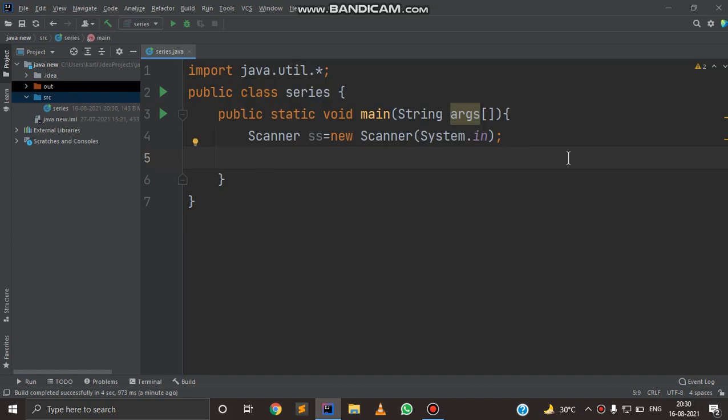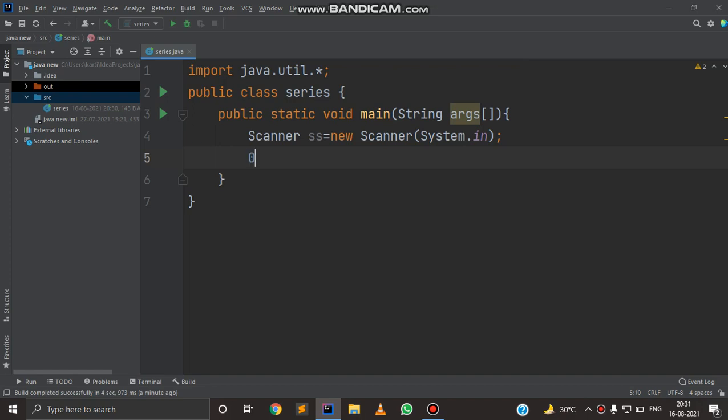Today I am going to write a program in which I will print a Fibonacci series. So what is Fibonacci series? Fibonacci series is a series which starts from 0 and ends at a number given by a user, but inside the series, the numbers printed are the next number of the first two consecutive numbers.